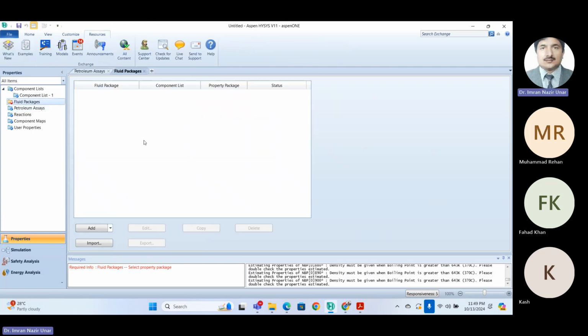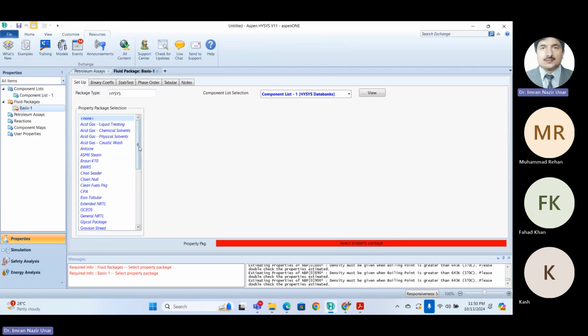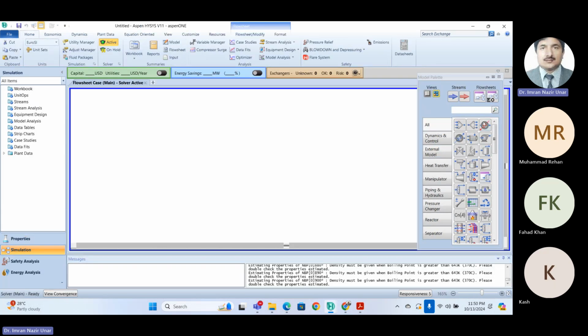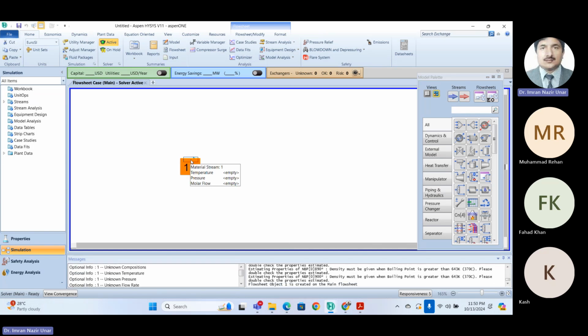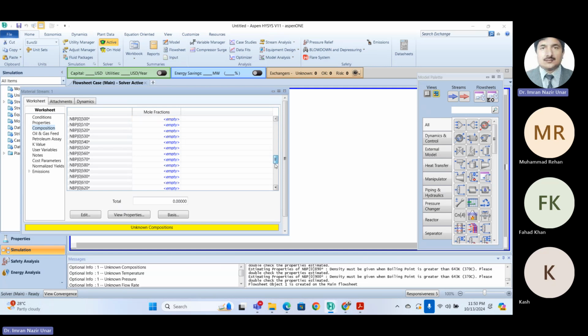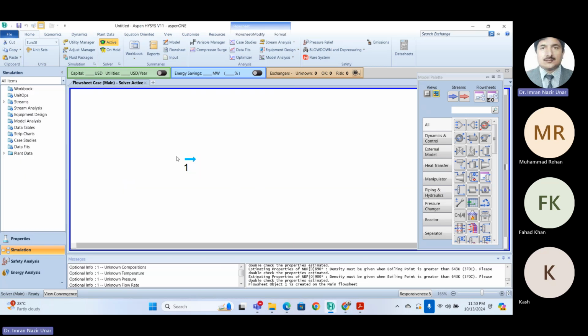Now, after taking some fluid package, we can go into the simulation, and you will find if you put some stream here, how do we give the composition of a particular crude oil? This is a very important and very difficult aspect: what is the mole fraction or mass fraction of each of these hypos for a particular crude oil? So one way is that you have generated hypos just now, and you go into the petroleum